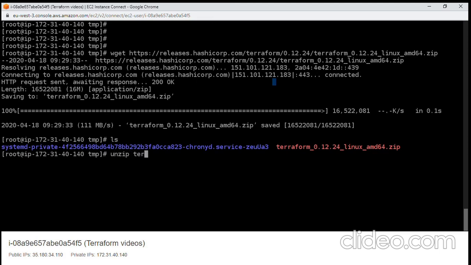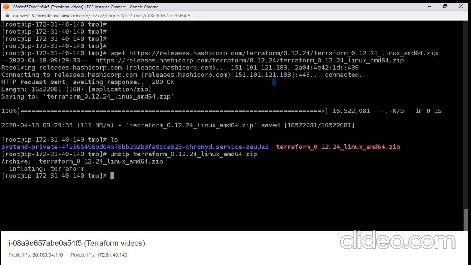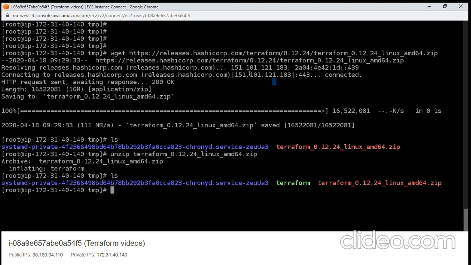Unzip terraform. So here we can see the Terraform binary. Then with the move command, I move the binary file to /usr/bin. And also I will change its ownership to the root user with the chown command